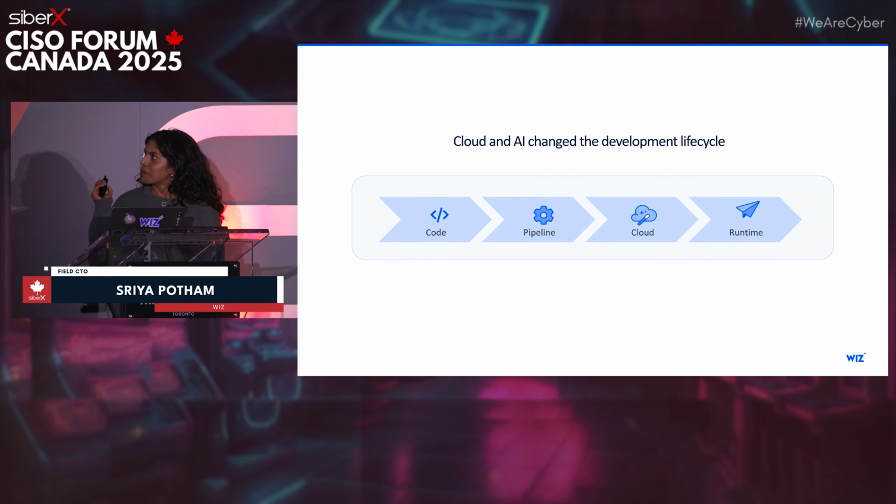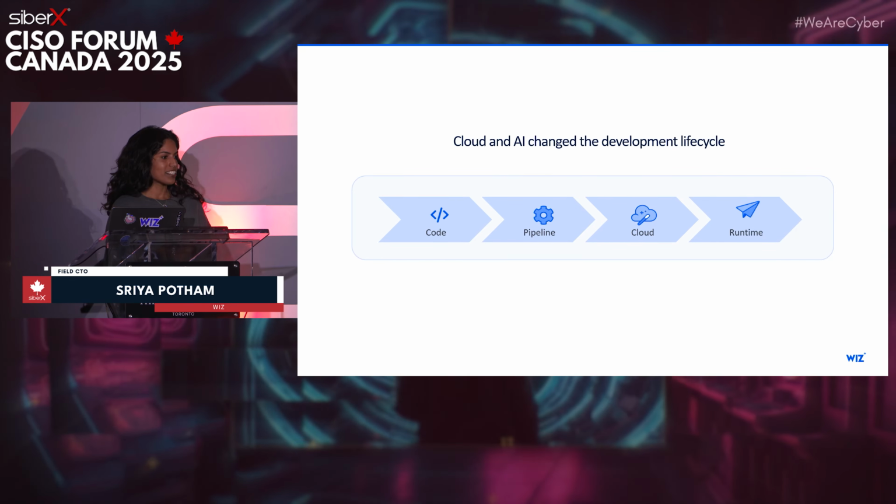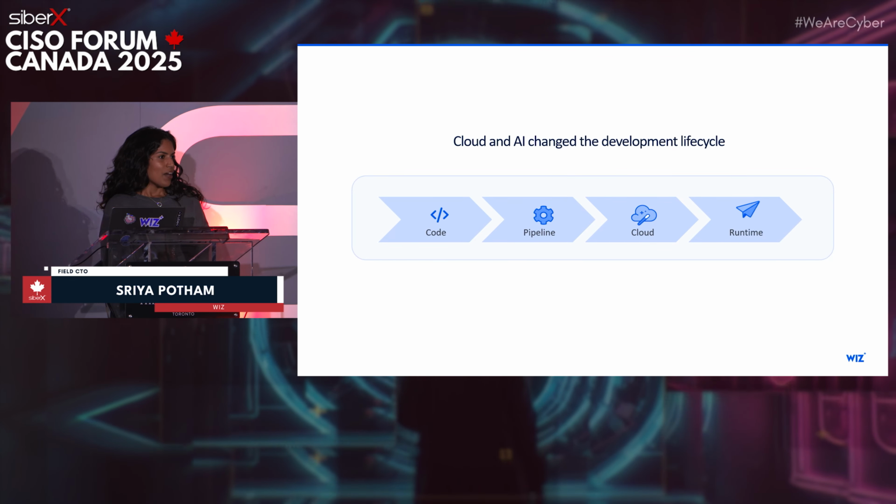So before we talk about what we're doing now, let's talk about what we've done in the past. Over the past decade, the way we built and deployed applications has drastically changed. Development has evolved from isolated linear processes into fast and iterative life cycles that leverage cloud and AI to scale. And let's explore how this shift has fundamentally changed the development lifecycle.